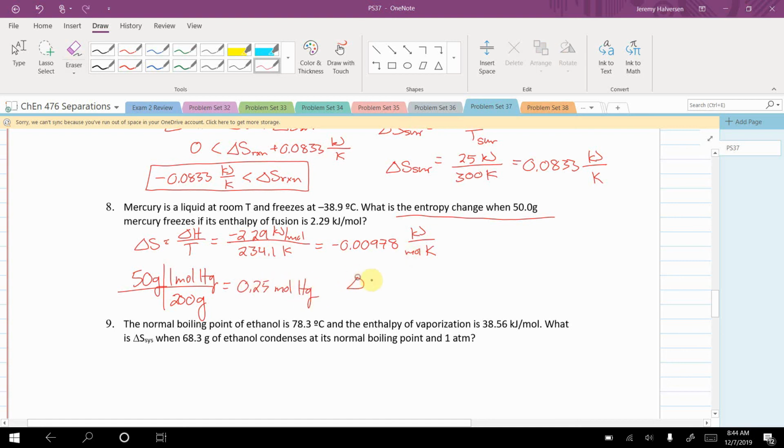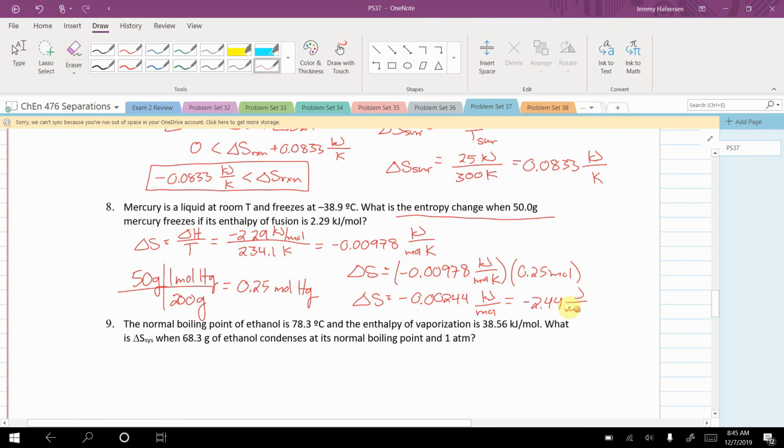So this is for 1 mole, so then I could say the total delta S is going to be 0.00978 kilojoules per mole K times my 0.25 moles, and that gives me, see if that was right, yeah, that gives me that the delta S when 50 grams freezes is going to be 0.00244 kilojoules per mole, or I could say it's negative 2.44